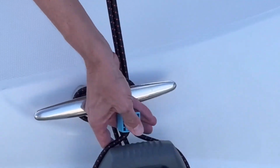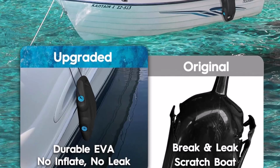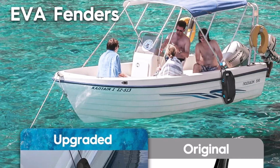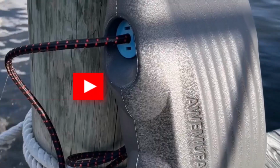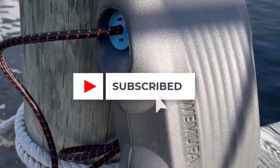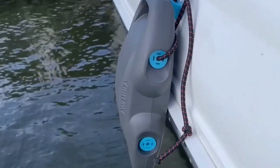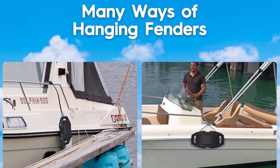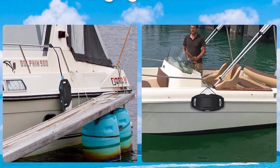Constructed from durable, eco-friendly EVA material, they offer excellent impact resistance to safeguard your vessel during docking or when in close proximity to other boats. One of their most notable features is the knot-free installation system. Unlike traditional inflatable bumpers that require time-consuming knot work, the AWEMUFA fenders use an integrated automatic locking system. This ensures a secure fit while the wedge-shaped design minimizes bouncing, keeping the bumper firmly in place even in choppy